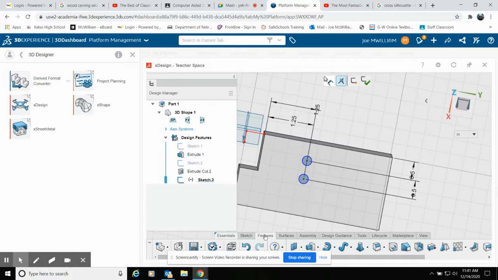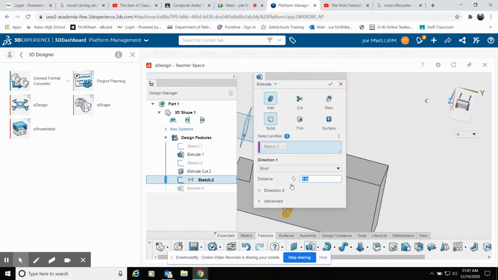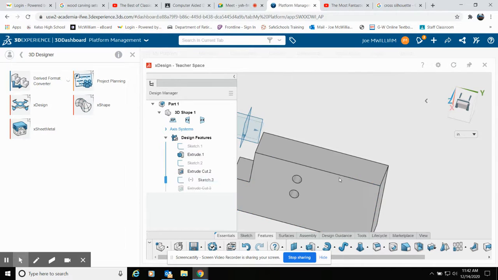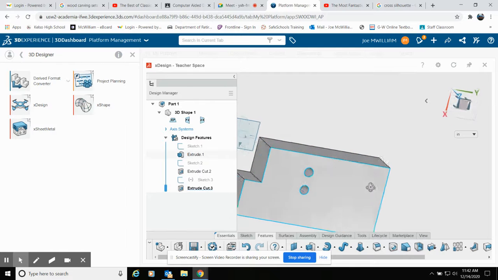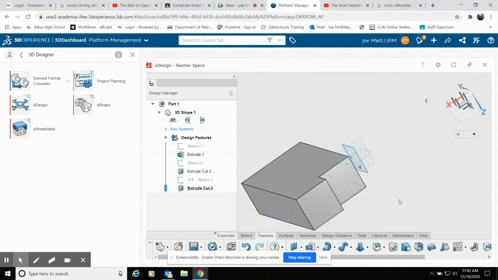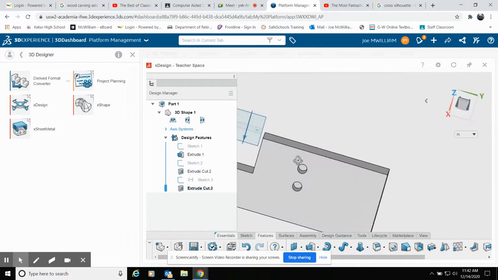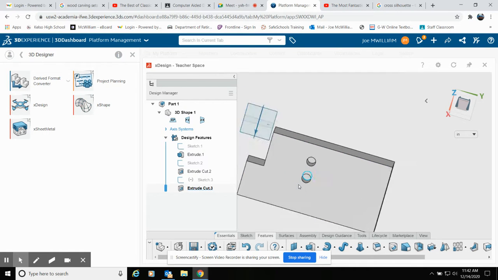Just going to go right into features. After I do features, I'm going to click on extrude again. And this time, again, I don't want to add, I want to cut. And I don't want to go all the way through. This time I'm going to go blind to 0.5, so half an inch. Say okay. Now it's just cut those holes out halfway through, as you can see, not on the back side, just on the front side. Okay,